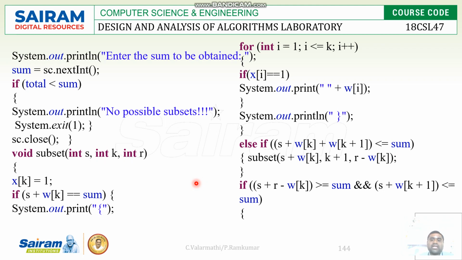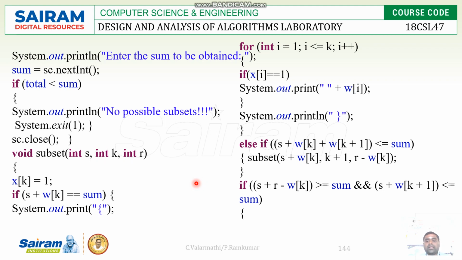print the open curly brace, because we will have found an answer and we will display those results. If it is not, then we have to choose another path to backtrack, to go back on the state space tree to track another path. Then again we are checking if s plus w of k plus w of k plus 1 is less than or equal to sum, then the subset value will be obtained from the given set and again